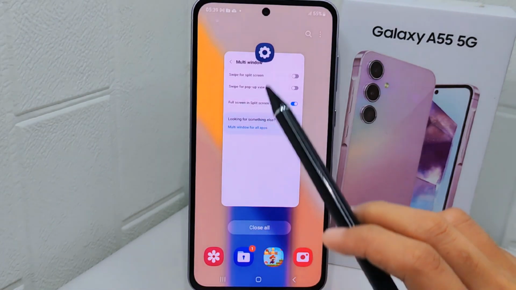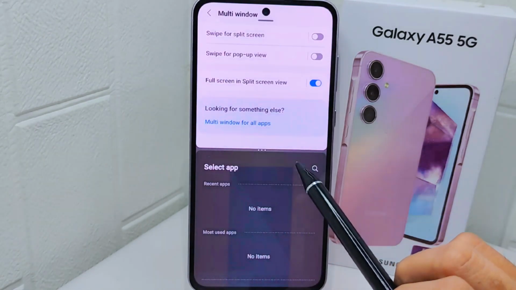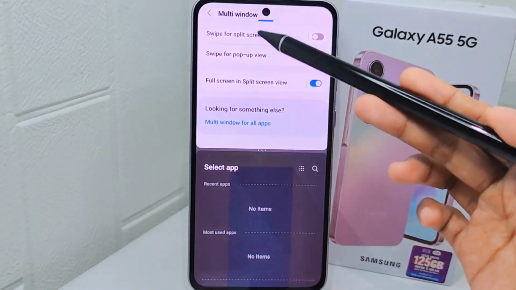Okay, that's the tutorial on how to enable or disable Full Screen in Split Screen View on Samsung Galaxy A55